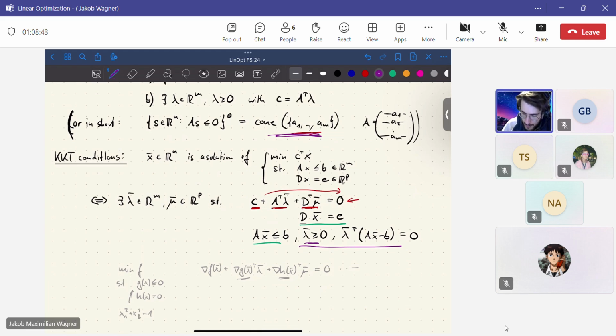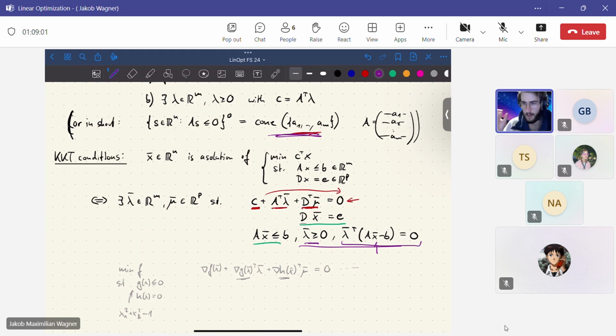And we are only allowed to take rows of A where this constraint is actually active, so where it contributes to the description of the normal cone. And this is what this compatibility condition tells us, that if